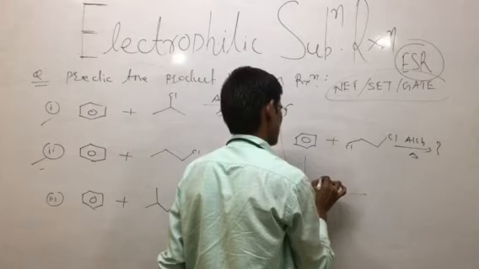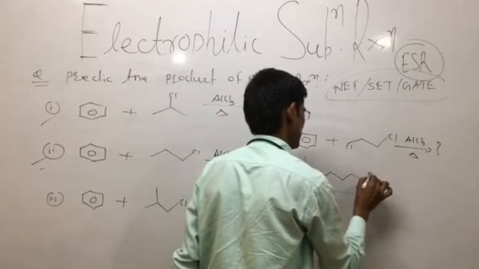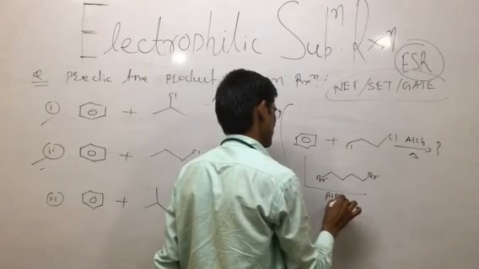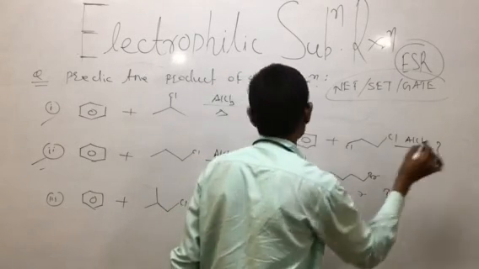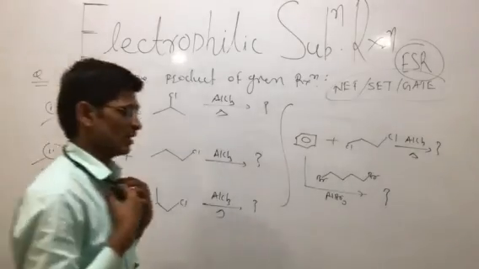These are the species with Cl atoms, or instead of Cl we can take Br, in the presence of AlBr3. So find out the product here. In continuation of the lecture, we are discussing the part of the Friedel-Crafts acylation reactions.